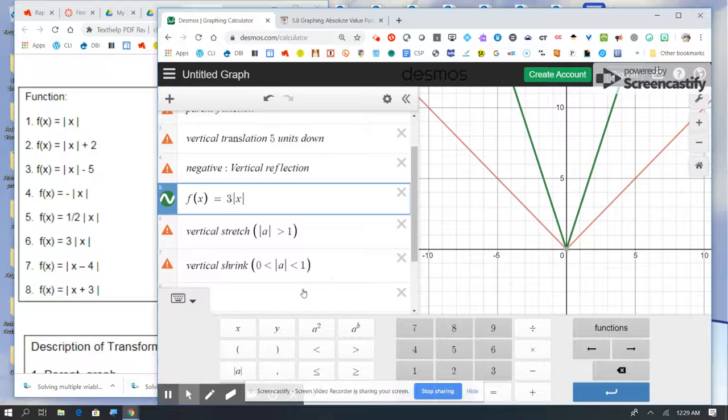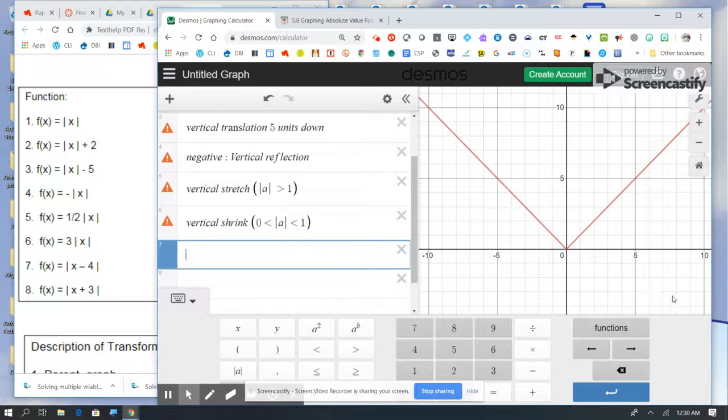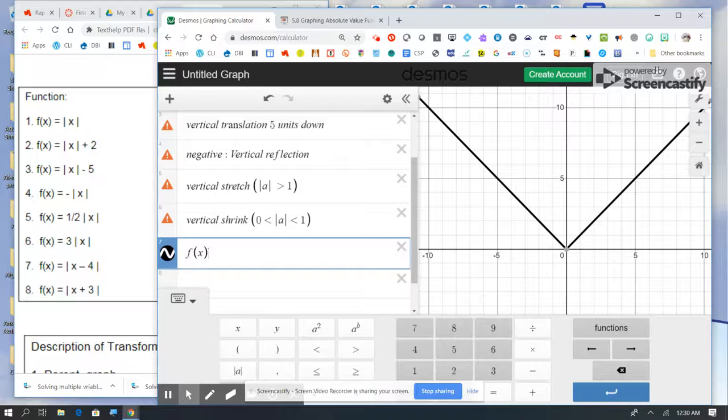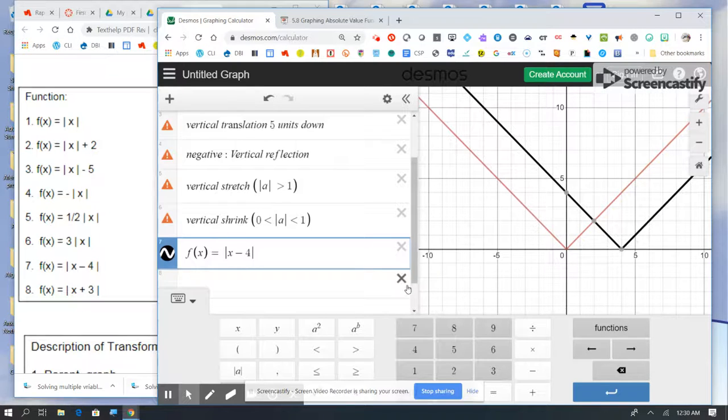Then the next one, I'm going to delete this one. I'm going to do another one: what if the value changes inside, what does it do? So it's x minus 4. Oh, I didn't put an equal sign. You see how it's moving, it's sort of opposite, right? When you do minus, it's moving to the right. When you do plus,